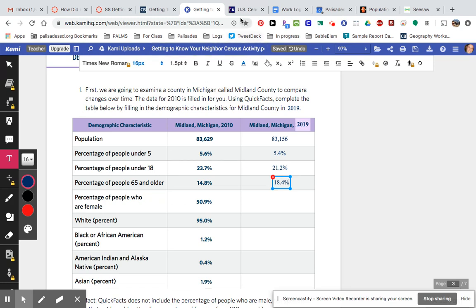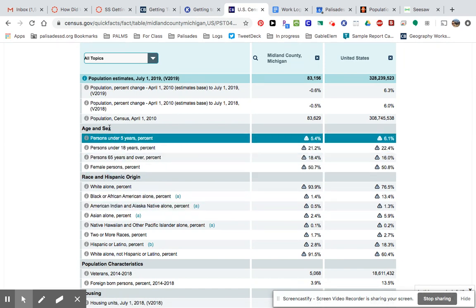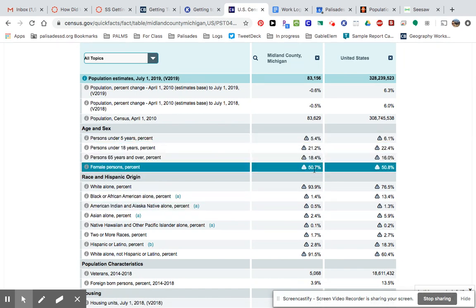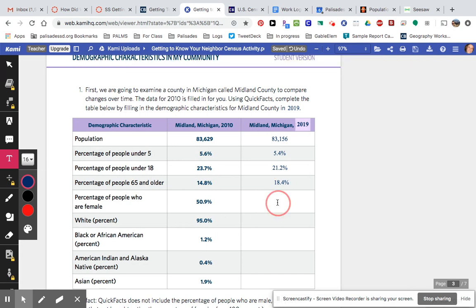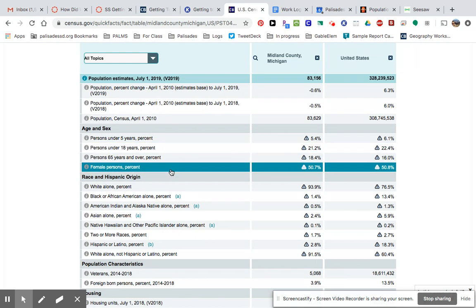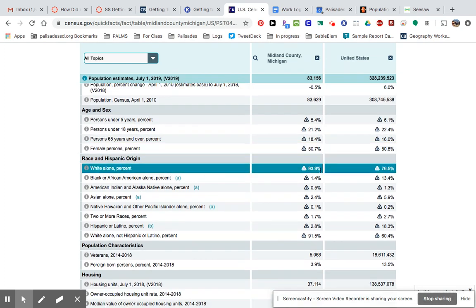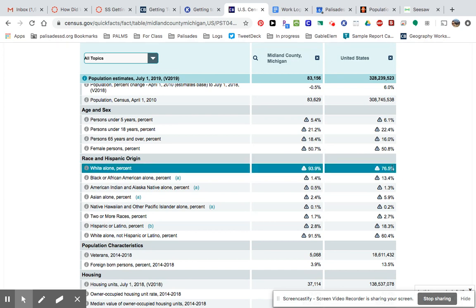All right, how many are female? So let's look here. We'll go to age and sex, female persons percentage, 50.7% is female. Now you may say, like, well, that's not fair. Why don't they list male? Just subtract, right? So 49.3 would be male, right? Okay, which percentage is white? Let's take a look. White alone, percent 93.9%. Compared to our national number, which is 76.5, that's pretty high,